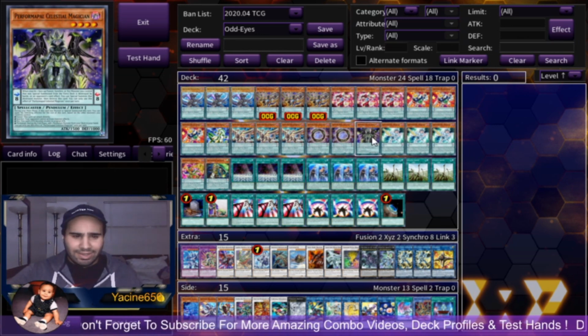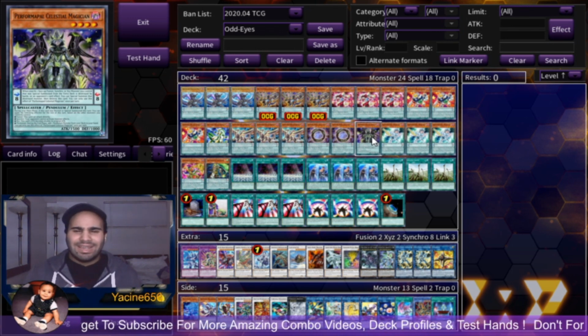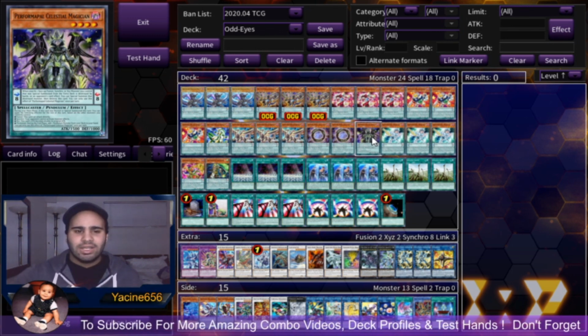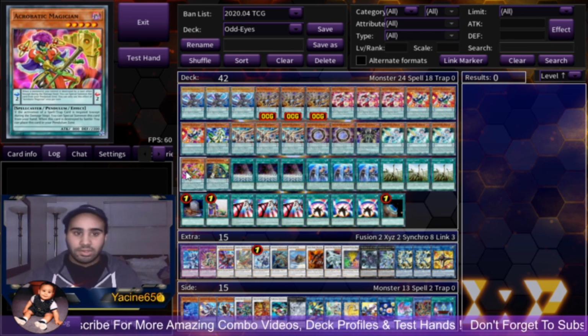One Performapal, is it Celestial Magician? I guess so. I think they updated it. I have never seen this card in real life. But yeah, Celestial Magician with triple Harmonizing, and 1 Acrobat, which is the one thing, I guess, that I would